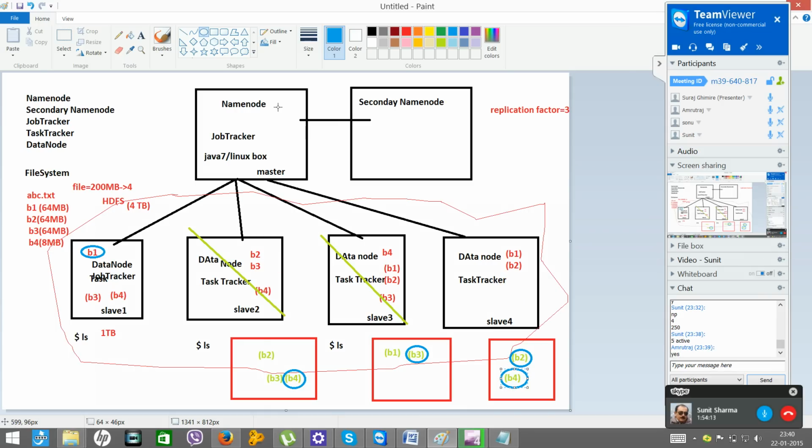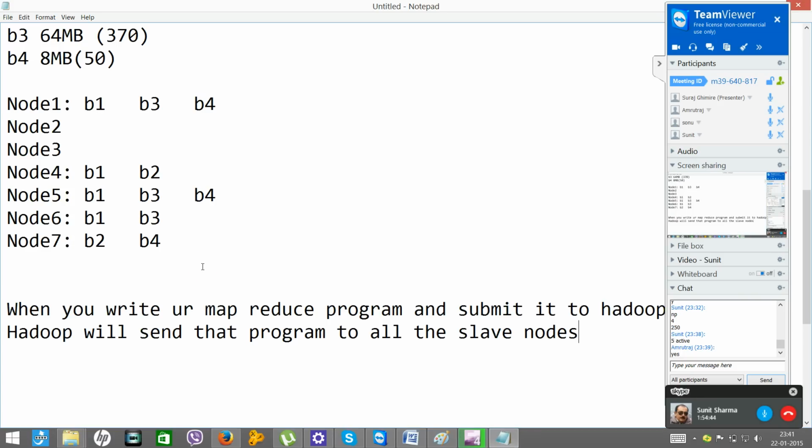When you submit your job to Hadoop, that MapReduce program will be submitted in the form of a jar file. We'll write the Java program and create a jar file out of it, and send that jar file to Hadoop. Hadoop will send that jar file to all the active nodes, here, here, here, here, and here also. That means all these active nodes will get the jar file.